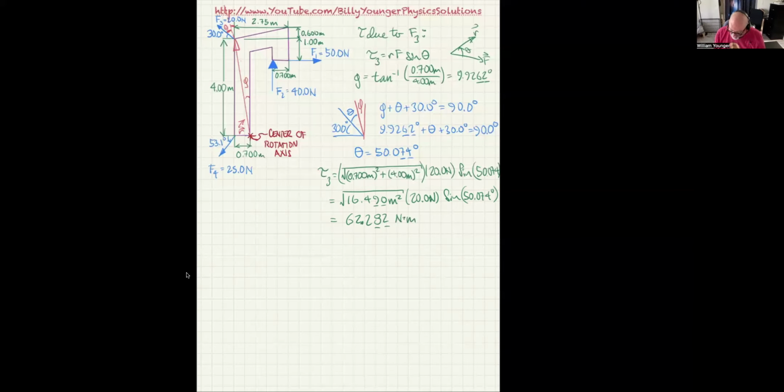And technically, I haven't discussed whether that is a clockwise or counterclockwise torque. Hopefully, I've already figured that out, but clearly, if I'm pulling this way, it's going to try to lift it, but basically it's still turning in that counterclockwise direction. So I just need to put a plus symbol by it because it is positive, and we're going to underline it. Now that is a good way, and it certainly got me the right answer, but there's another way that might even be in some sense easier, and it's just going to involve me